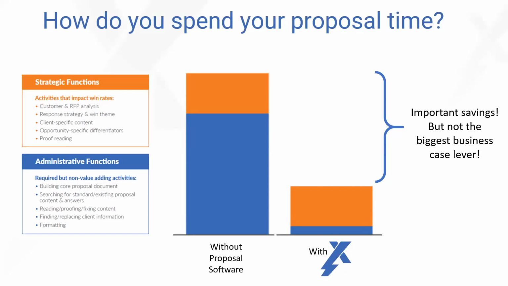And oftentimes they'll ask, okay, how many hours per proposal will I save? And they're going to do some math that says, okay, great, if I saved X number of hours and our average rate of the people involved with the process is Y number of dollars, then this is the total cost savings, and then they can do some calculations. The nice thing about it is that it's quantifiable, and I recognize that, and it's also real. It is important. It's not as if it's not a true impact from a return on investment. I just like to share with people that it's not the biggest lever. It is a lever. It's something to consider, something worth penciling into your overall business case, thinking again about the time savings that you could achieve.